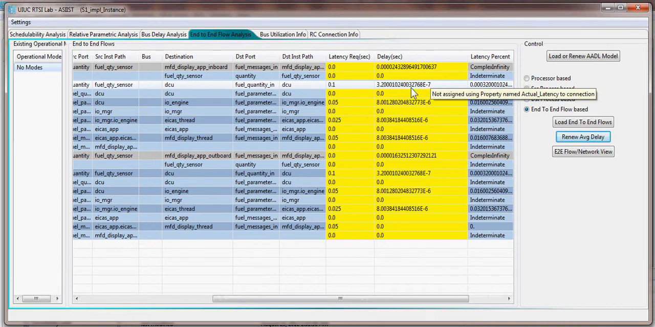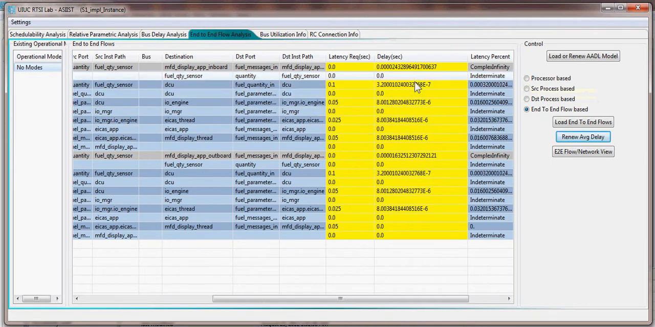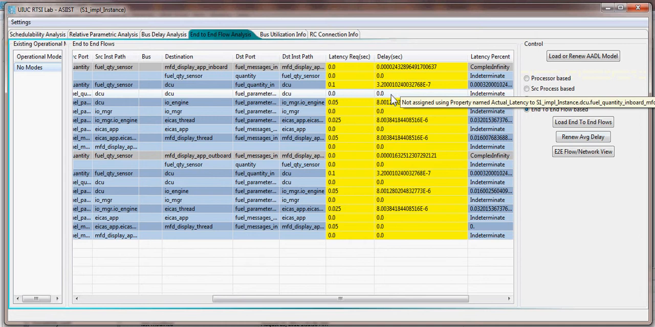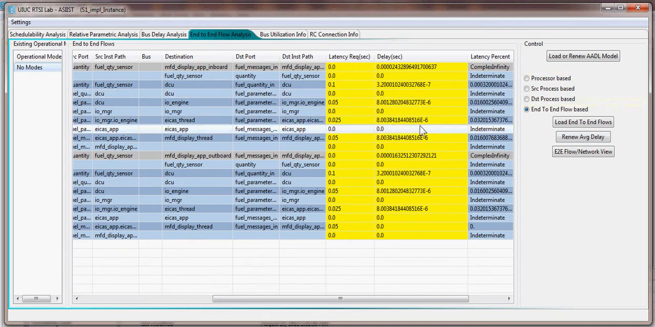So right now we don't have that many flows, so we have very small delay values, but you get it for each connection, and then it's going to sum it up and give you the total end-to-end delay for the end-to-end flow. Now, these flow paths, you can always save a value here which represents, say, the execution time for